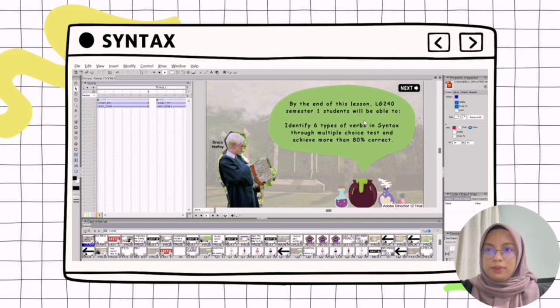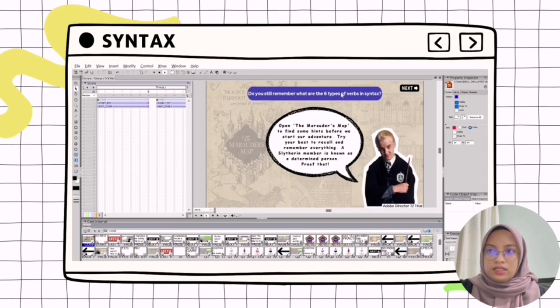Okay, for the screen, this is the objective of this game. And as for my part, my objective is by the end of the lesson, LG240 semester 1 students will be able to identify 6 types of verbs in syntax. Okay, they can press next to proceed. Another attention getter,